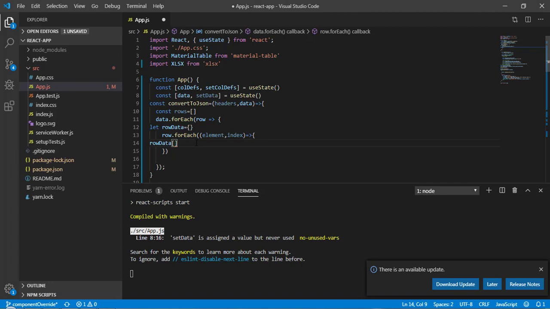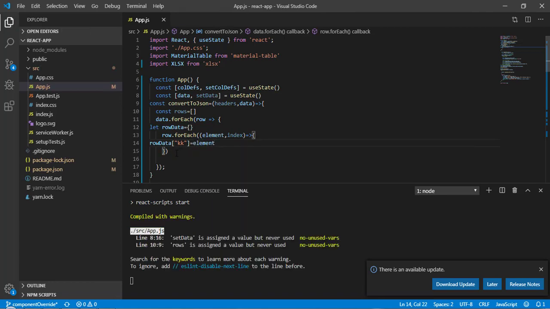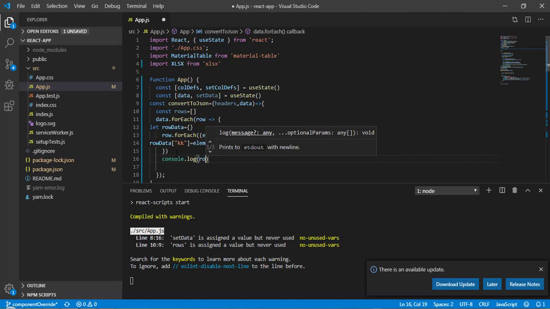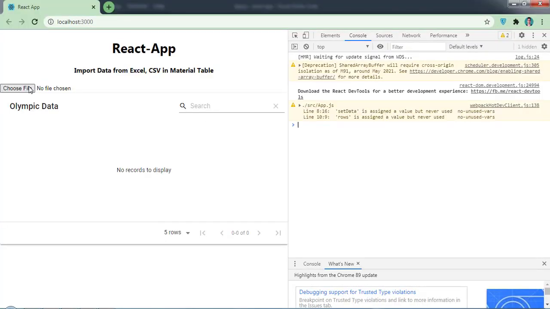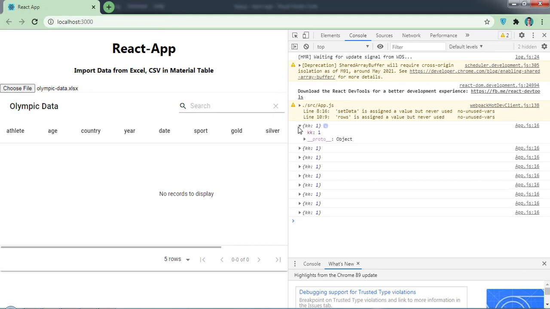As of now, let's pass some key name kk and write the value element. Come out of this and let's print this. console.log, rowData. Now save it and come back here. You can see we have this kk and we are getting the value as 1. That means whatever I have provided is acting as a key.